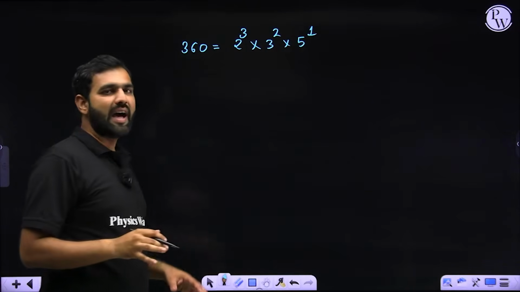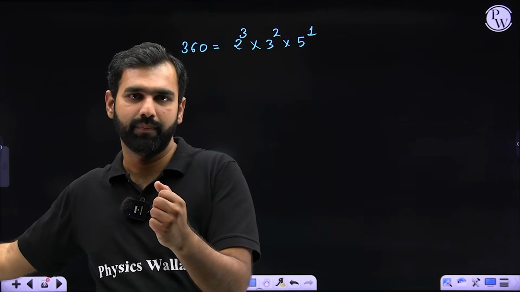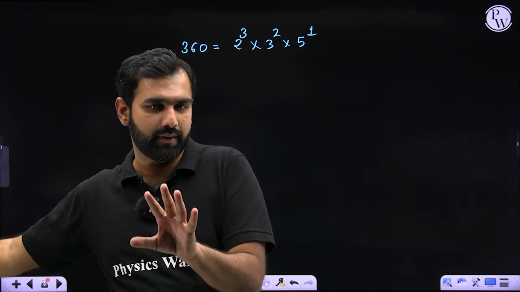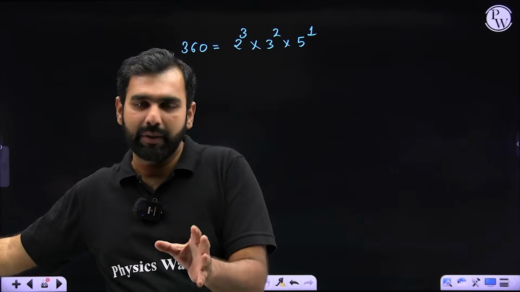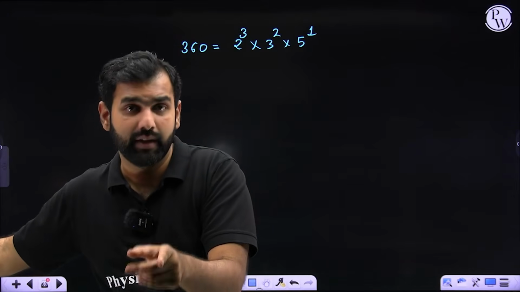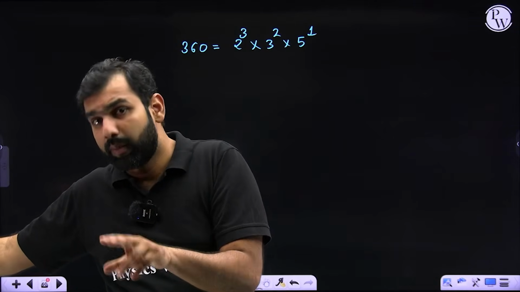So when does a number become odd? Sir, a number becomes odd if it contains a 2. If you multiply any number by 2, it becomes even. I hope I'm saying it correctly. I'll repeat it. Whatever I have said, just forget that. A number becomes even if it contains 2, which means if you multiply a number by 2,